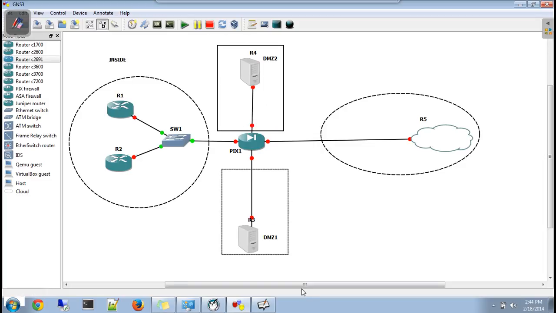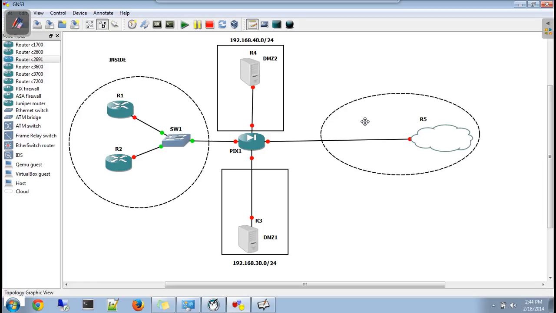These are two different zones. Let this zone be 192.168.40.0/24, and let this one be, because router R3 is here, 30.3.